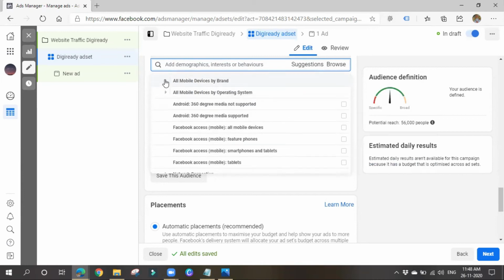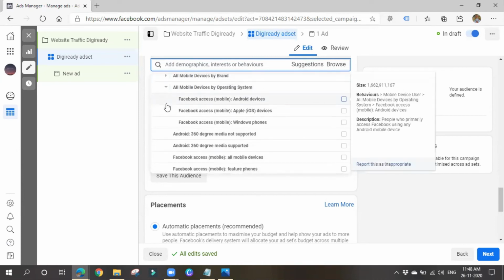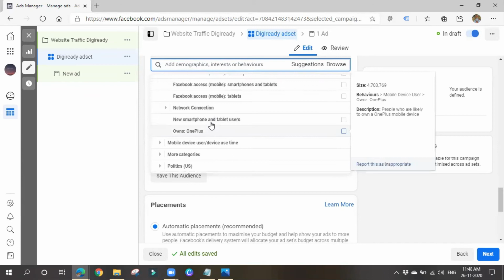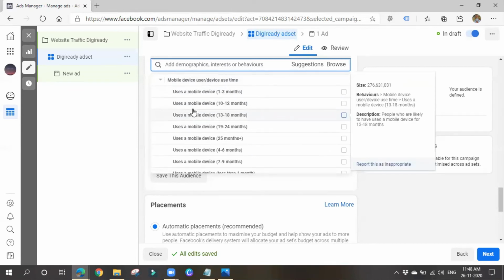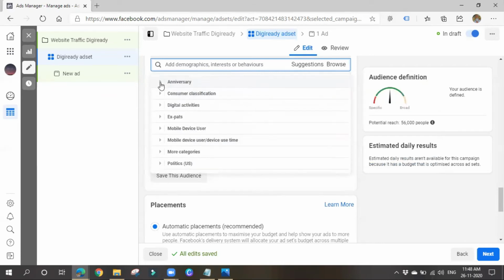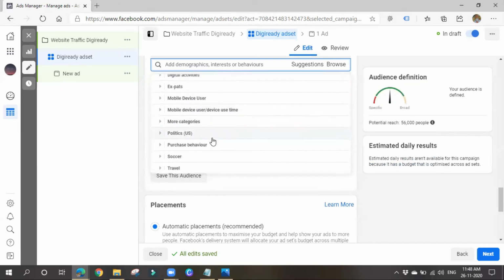The operating system they are using and all, you can choose. Network connection, mobile device user and device use time. See, in which times they are mostly using Facebook. Use a mobile device 1 to 3 months, like such. More categories are based on political interests, purchase behavior and all.